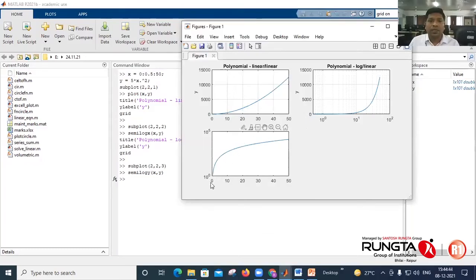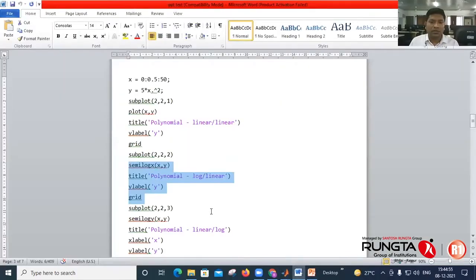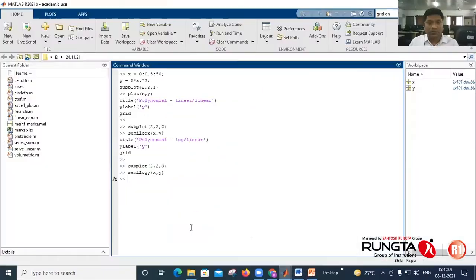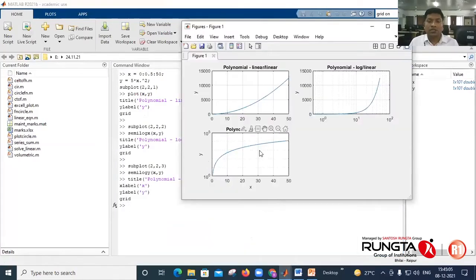So here log scale is on y while x is linear. Okay. Again, you can give title, x label, y label like this. Okay, title, x label, y label.